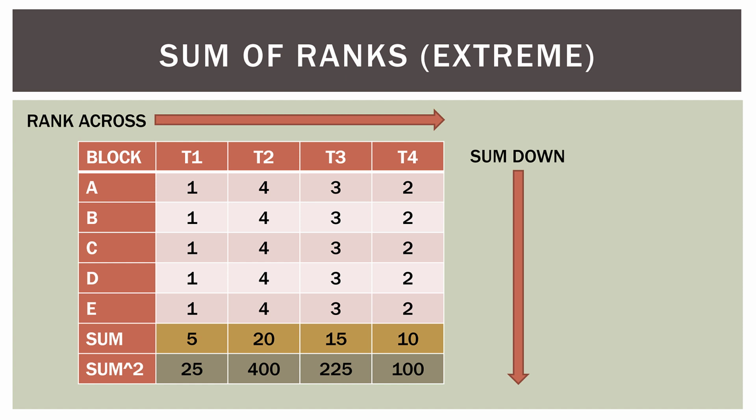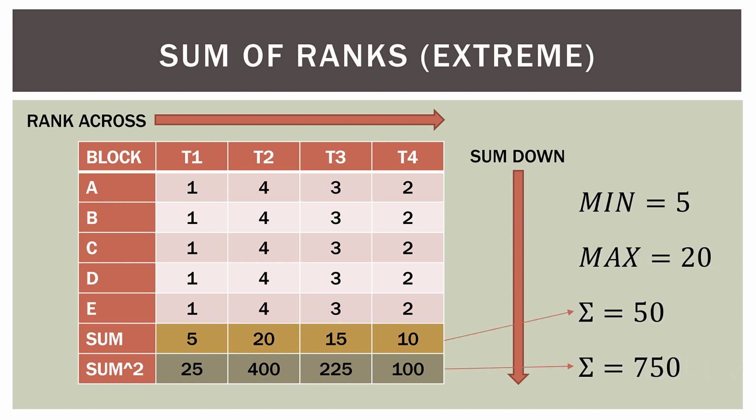So what can we deduce from this? First, the minimum is 5. So if T1 had a rank of 1 from every block, the sum would be 5. So the minimum there is 5. The maximum would be 20 in this case. So here we have T2 had a rank of 4 across all the blocks going down, so the sum is